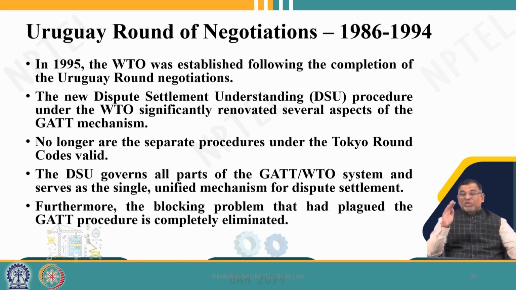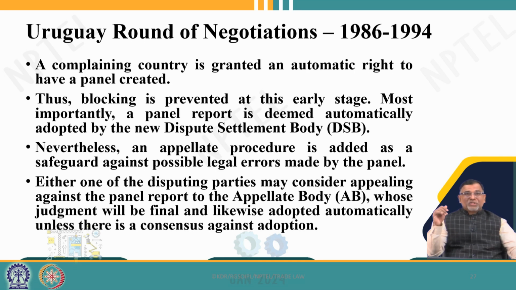And there is no separate procedure for each code, only a single procedure and a single dispute settlement mechanism was provided under the WTO, unlike the Tokyo Round codes. And also the positive consensus mechanism has been abandoned, and a negative consensus mechanism was introduced. Negative consensus means that if a majority of the members oppose a particular report, then it is not going